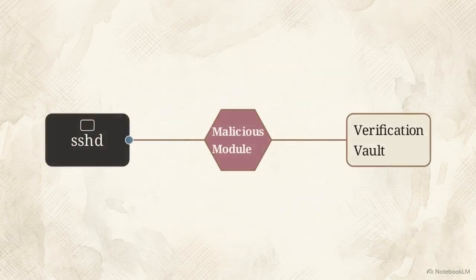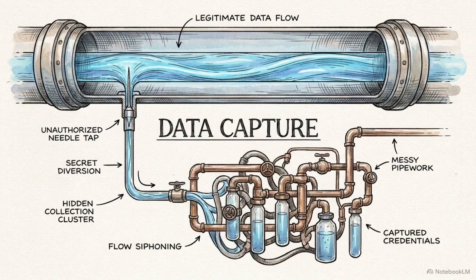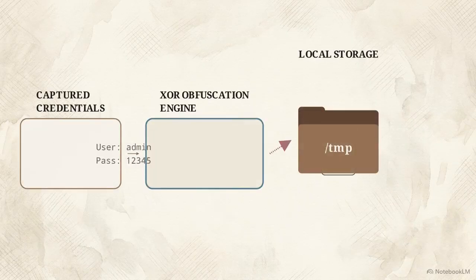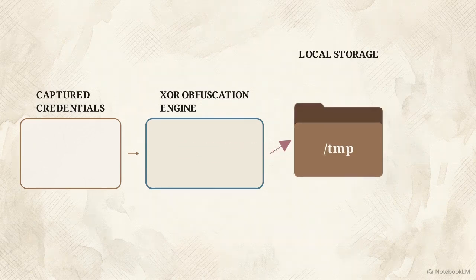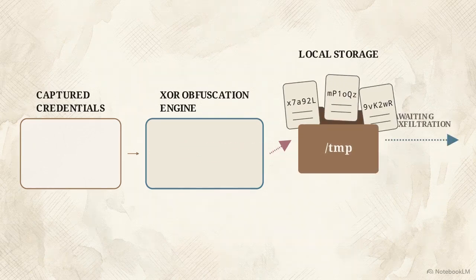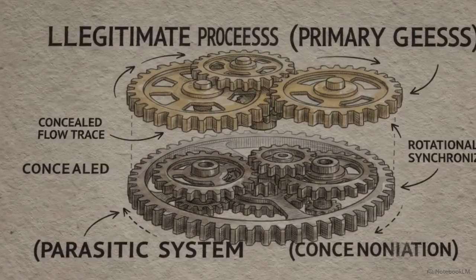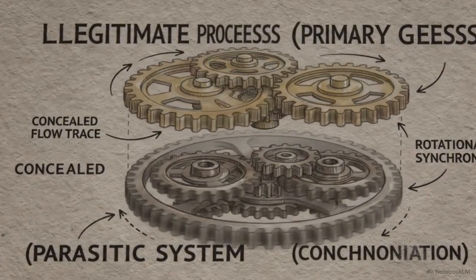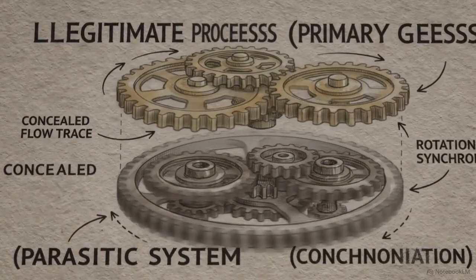The first capability is Authentication Bypass. The module is programmed to recognize a hard-coded static password. When the module receives this password, it unconditionally returns a PAM success flag to SSHD, skipping the legitimate verification process entirely. The second capability is Credential Harvesting. The module silently intercepts legitimate users as they enter their actual passwords. It immediately applies XOR obfuscation to the stolen data. These encrypted credentials are then stored in randomized /tmp files for later exfiltration. By hooking the core API, the backdoor operates within the expected execution flow, making it indistinguishable from a legitimate login